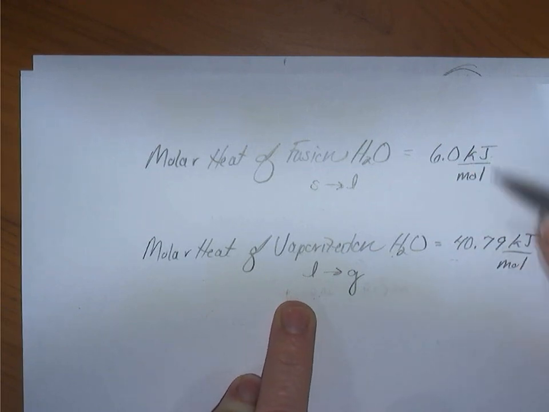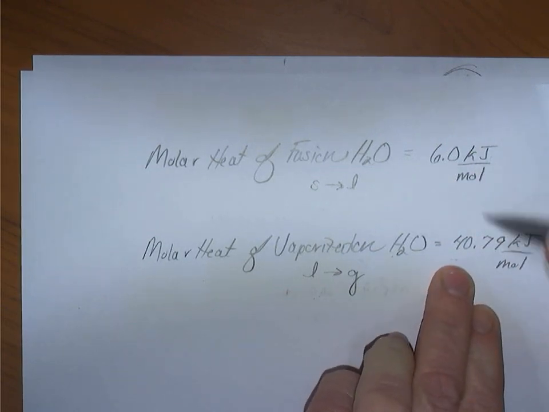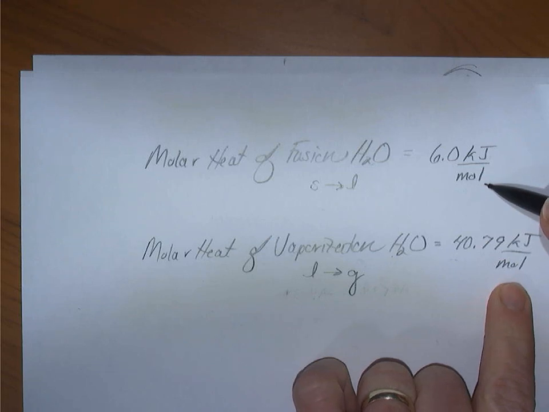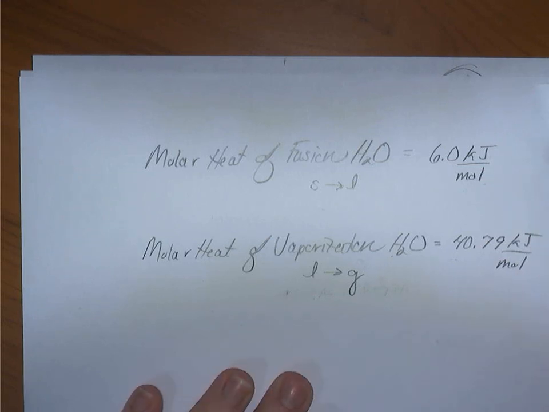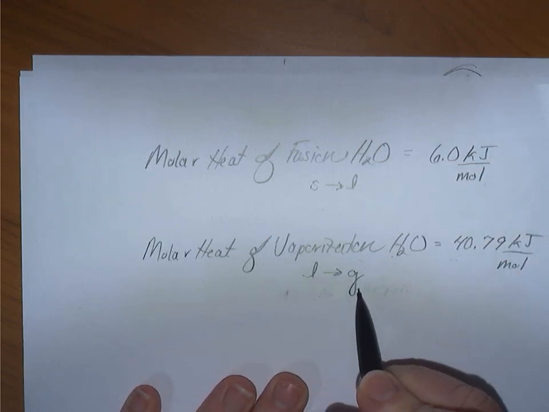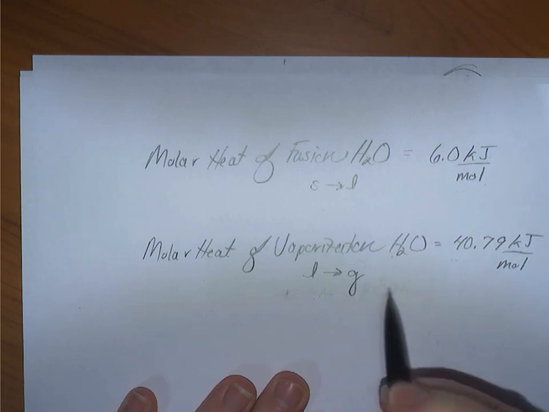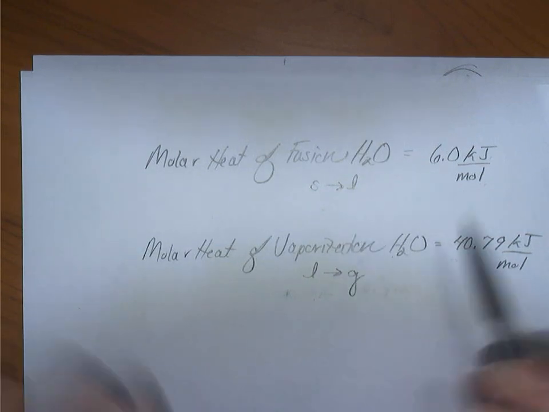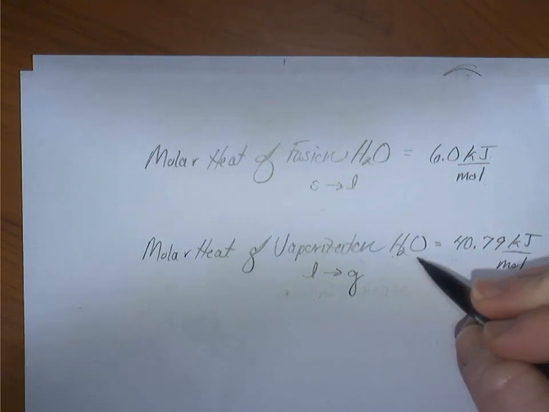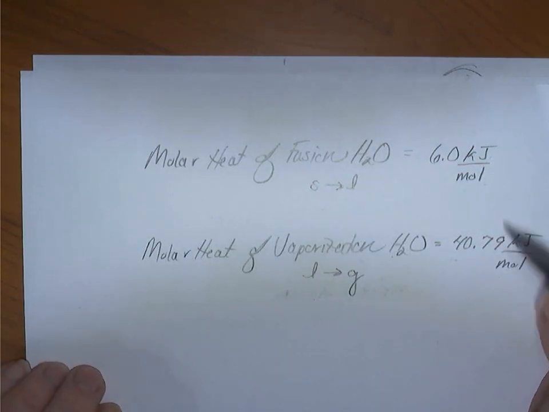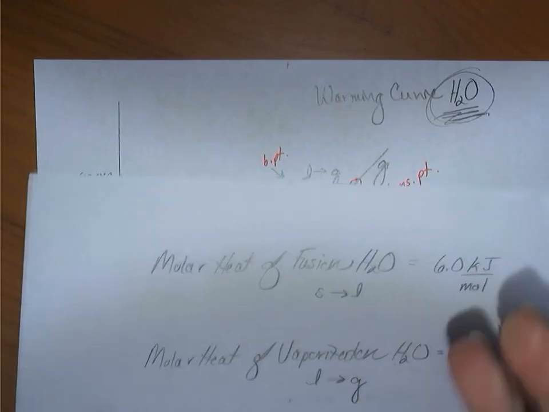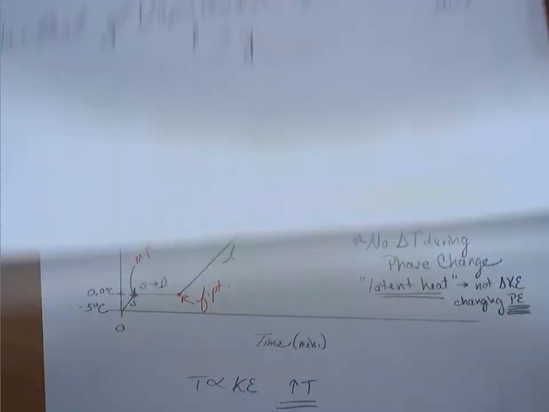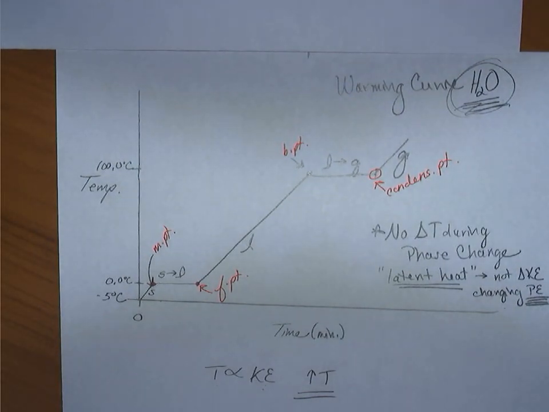It should make sense why these are such different values, even though they're for the same quantity of water. To vaporize, you have to overcome particle attraction, where to melt, you just have to equal the particle attraction. We know this. So we can definitely anticipate molar heats of vaporization to be much larger than molar heats of fusion. And if we know how much substance we have, so let's just say that we have 5 grams of